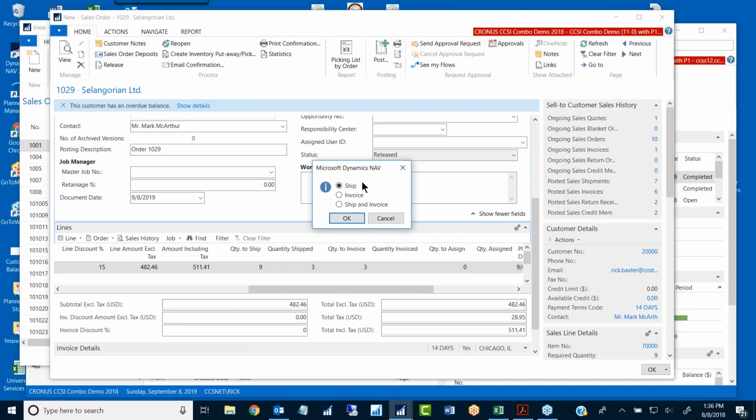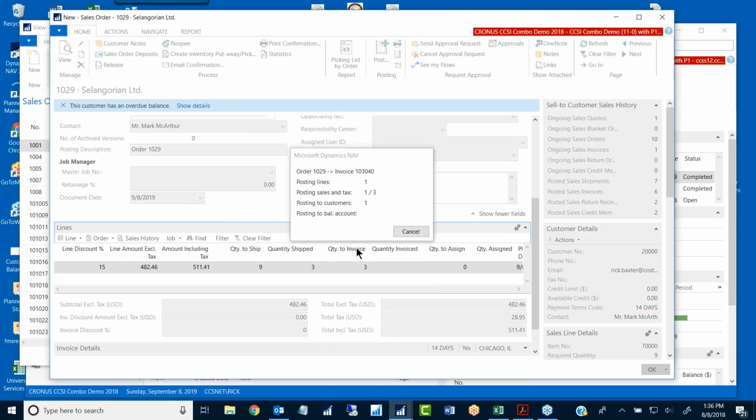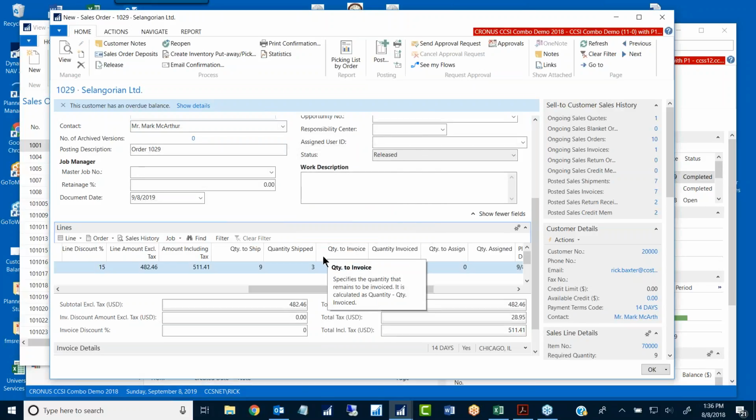Hopefully, as I'm going through this workflow, it should not be that different from what you're going through currently. Okay, so I'm going to hit invoice, and it'll generate the invoice to the customer. Quantity invoiced is 3. So good. Now the customer would be getting, without you having to do anything, that's the whole key here, other than what you normally do, which is post that shipment, they should be getting their invoice. So if everything goes right,